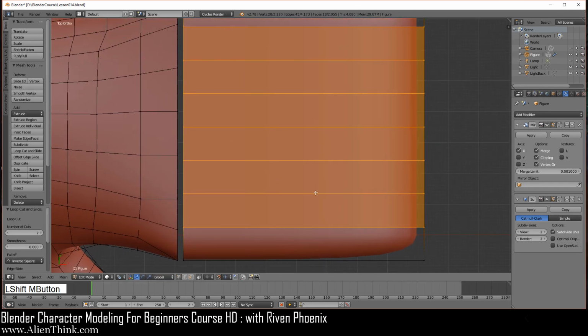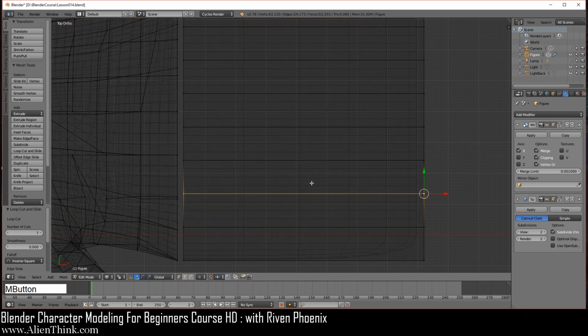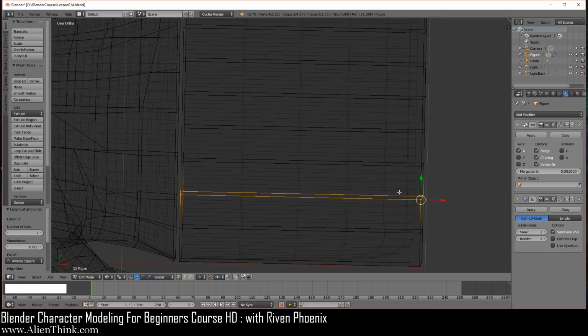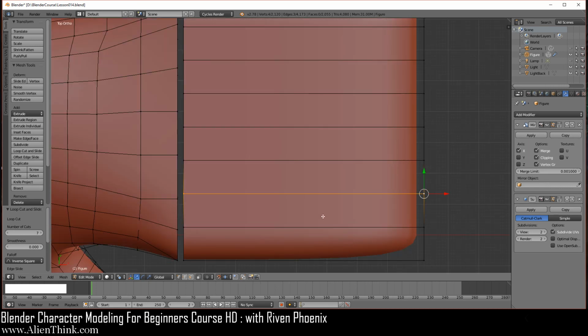Okay, what we're going to do now is separate the fingers out. So all we have to do is Alt and then right click this edge loop. So obviously if I press Z and just rotate it, you can see that it's going to go all the way around over here. Okay, just press the 7 key to go to the top view and press the Z. So hover your mouse over here and you're going to press the V key to separate and then right click to get out of it.